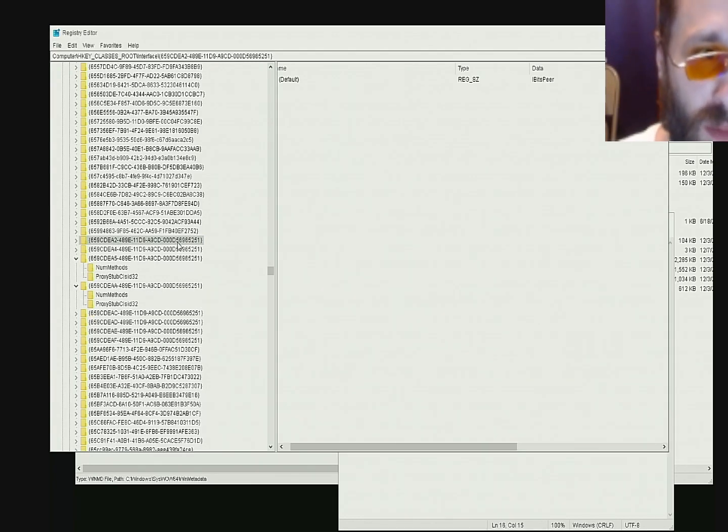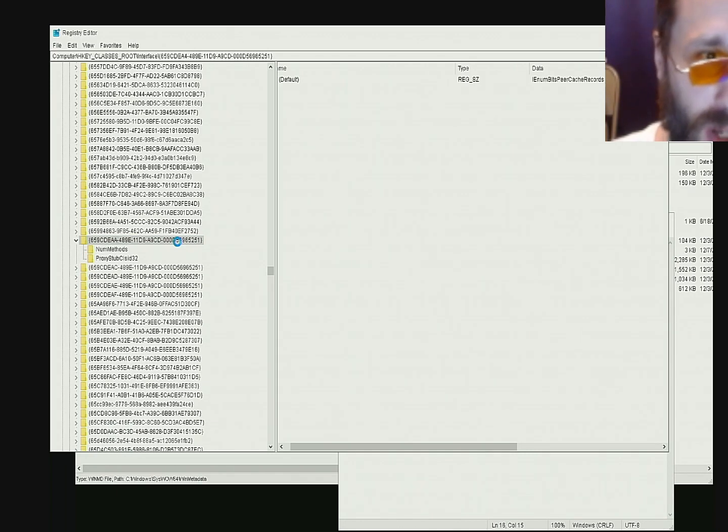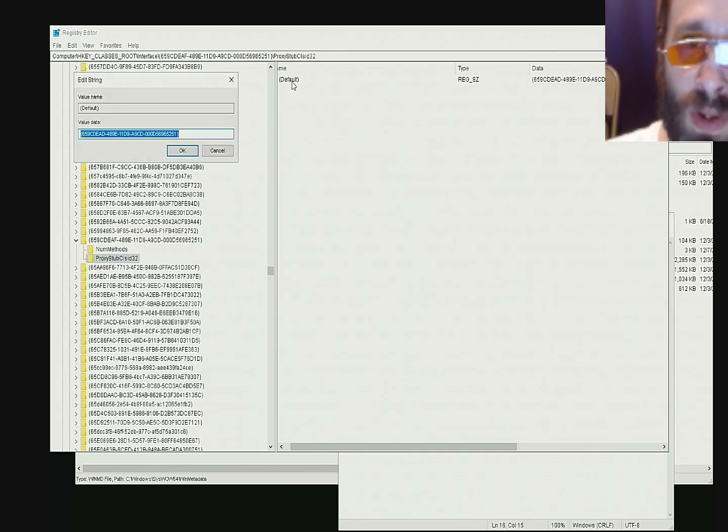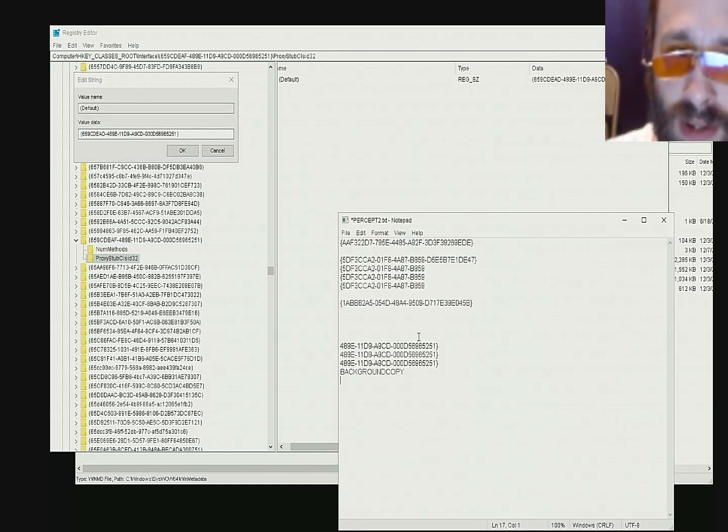Maybe I just delete a couple here, and these are the ones it really needs. And there's no DLL yet. You'd have to take this stub